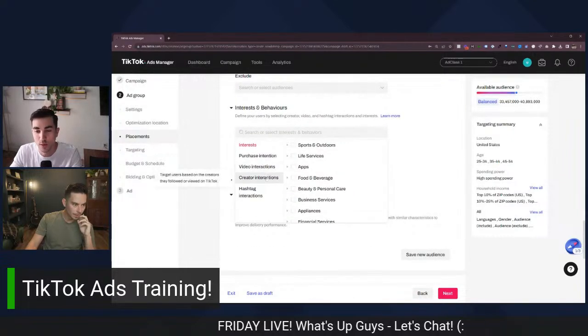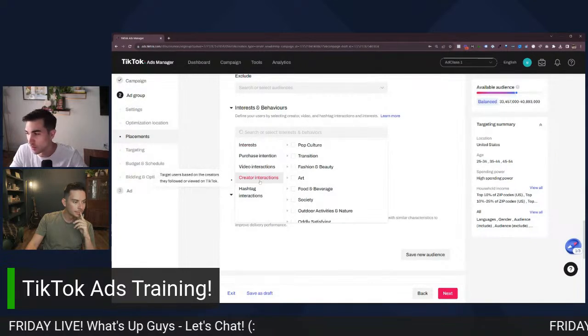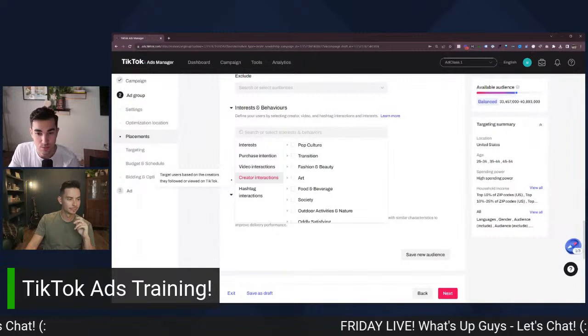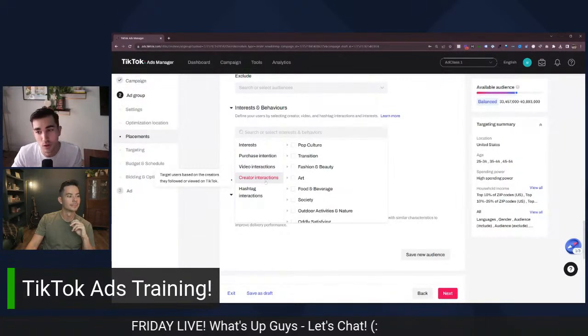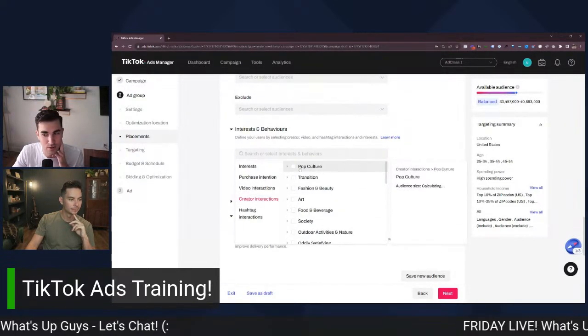Now, what's cool about TikTok, though, is that you can actually start to play around with stuff that is not pre-made. Creator interactions is pretty dang cool because this is targeting based on the creators that they follow or view. They also categorize the creators into categories.